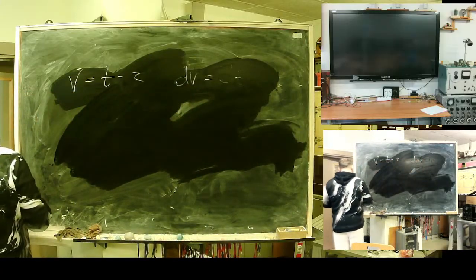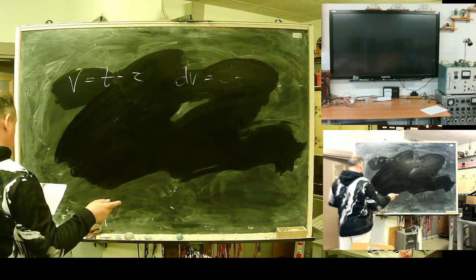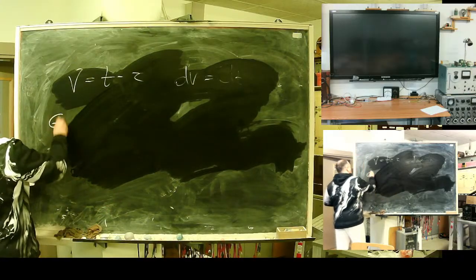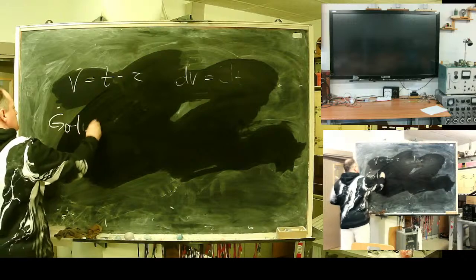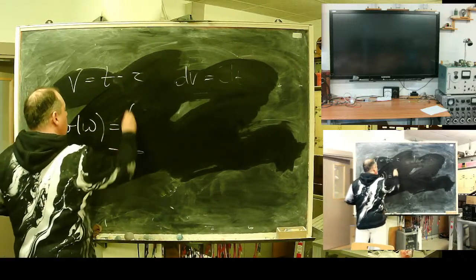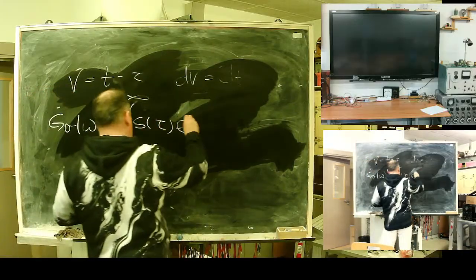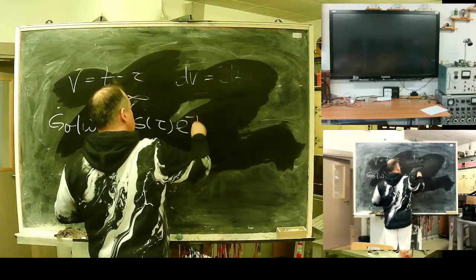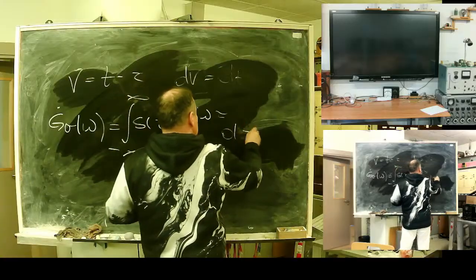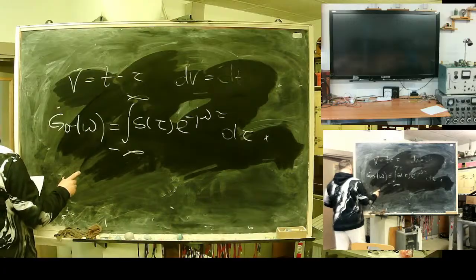Now we need to replace e to the power j omega v by Euler's formula, and we will get our spectral function in the form s of tau e to the power minus j omega tau d tau, multiplied by